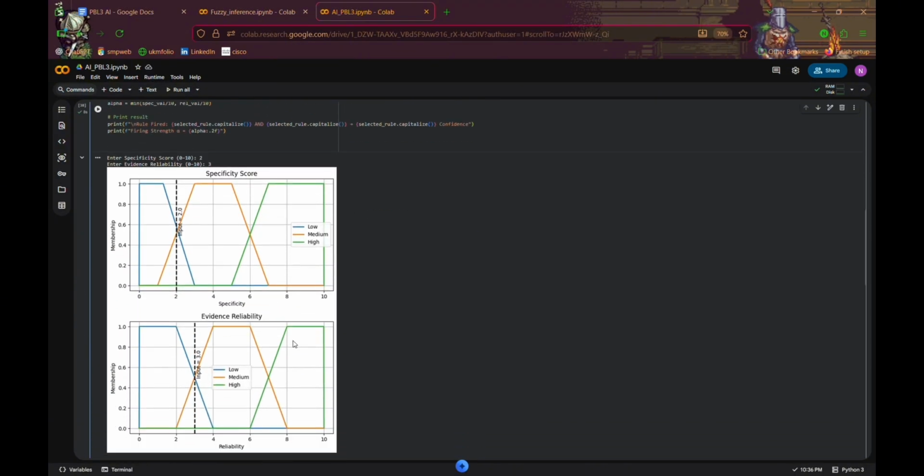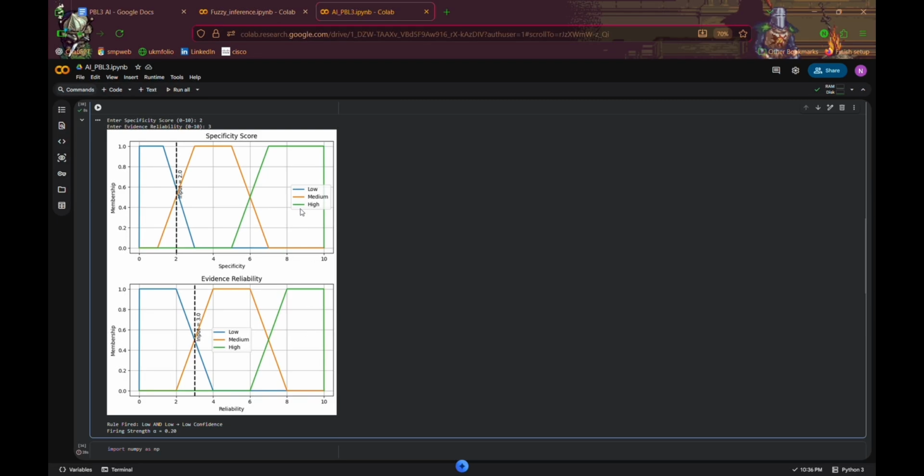So here is the diagram we got. For specificity 2 and reliability 3, which is mostly low, rule 3, low and low, goes to low confidence, but with a low firing strength equal to 0.2. This means the rule contributes only 20% to the final decision confidence. Other rules, such as rule 7, low and medium, go to medium confidence, and may partially contribute depending on the membership